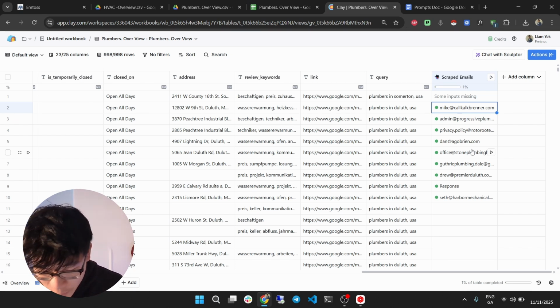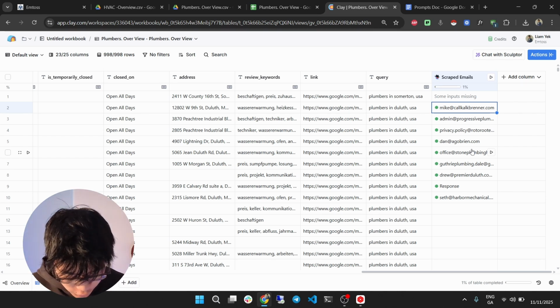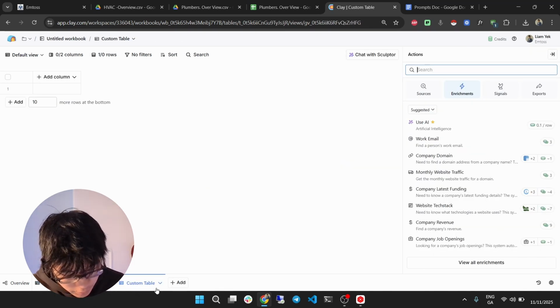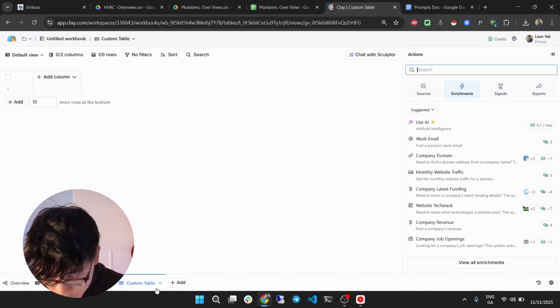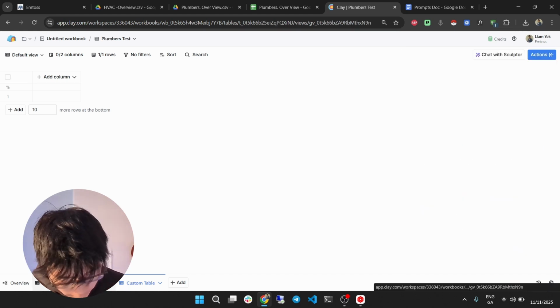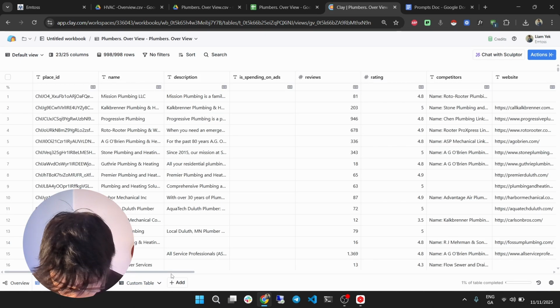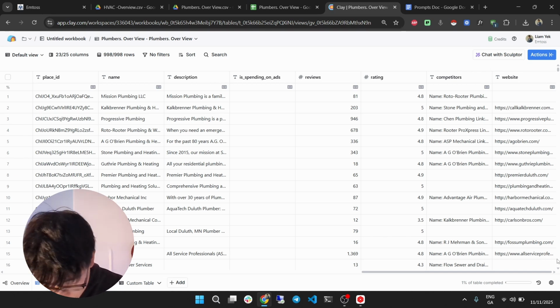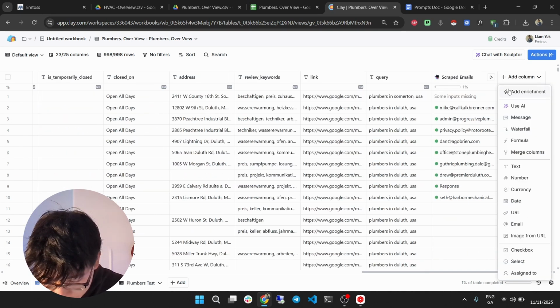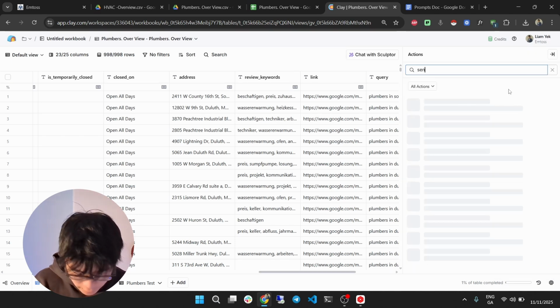And then from here, the way you move the data to a different table is you just go to add table. You create a brand new blank table, and it's just bringing over. I'm gonna name this plumbers test, just so I have a general idea. And then you come back to the plumbers overview table, or your main table. Come over to this side, and give it just 2 seconds. And what you want to do is hit add column. Go here, go send data,